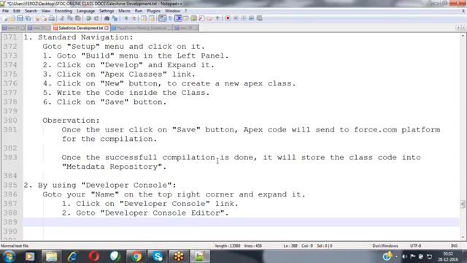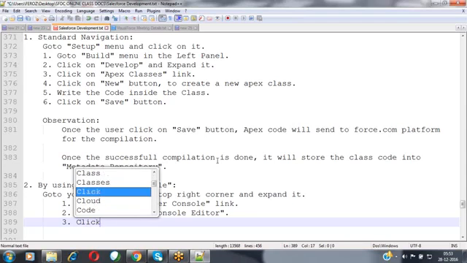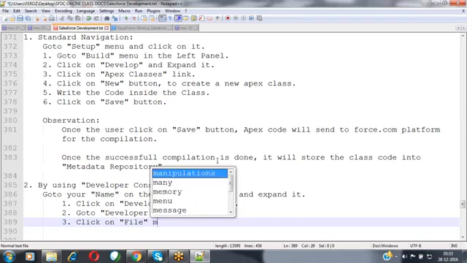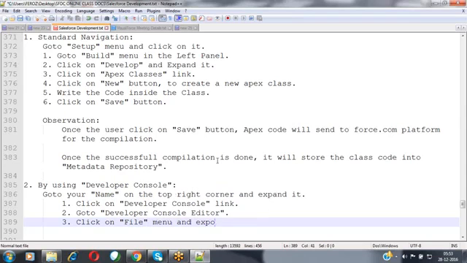As soon as you click on the developer console link, it will open the developer console editor. You are already aware of that, and previously we discussed so many of its functionalities as well. And then click on the file menu and expand it.